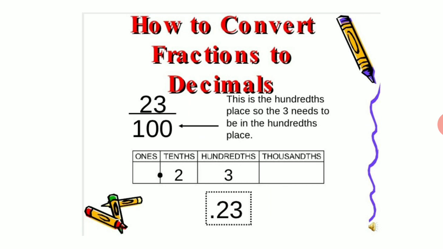Either you go by the long division method, or, because we already learnt about decimals, you can place it in the decimal place value chart also: write 2 belonging to the 10th place and 3 belonging to the 100th place. So the number finally in decimal becomes 0.23.